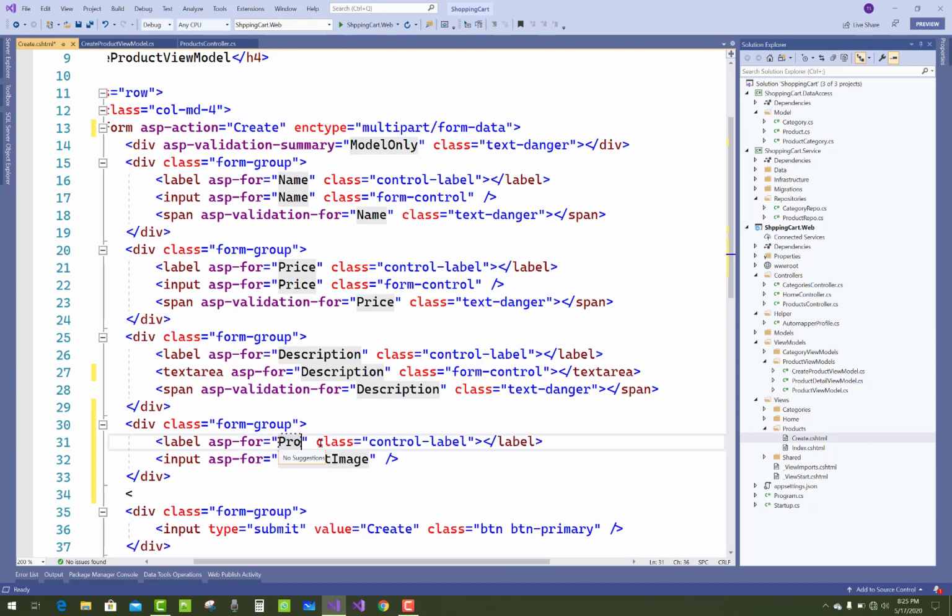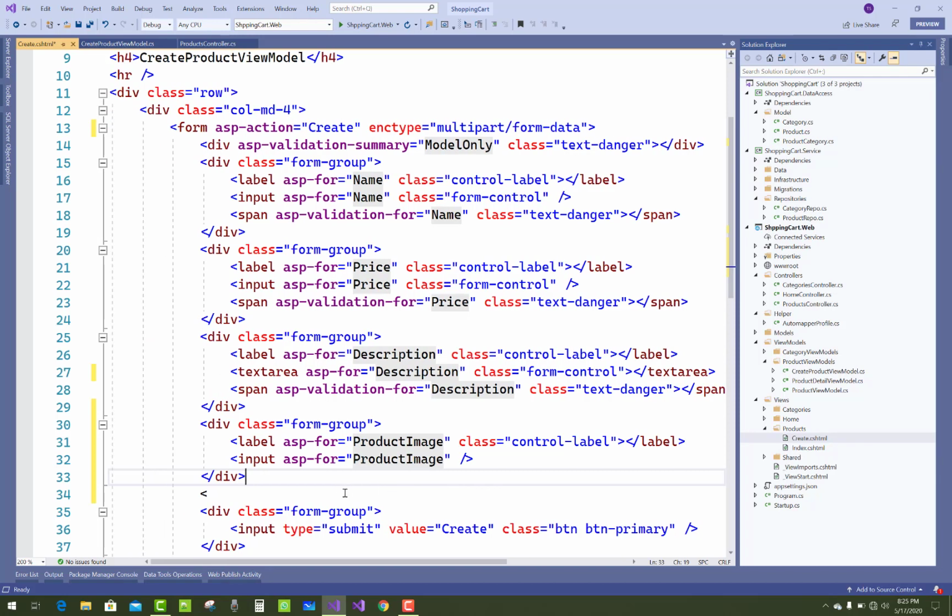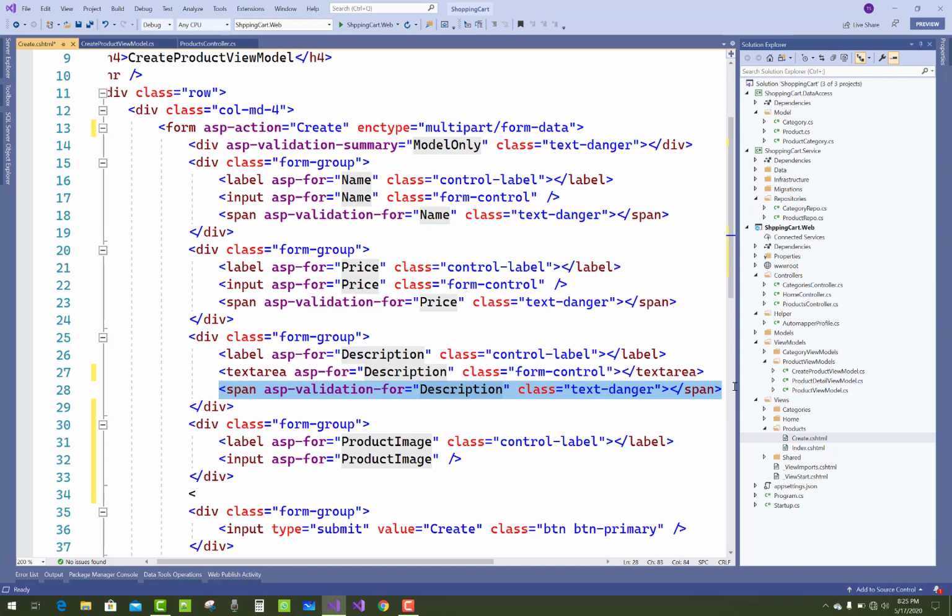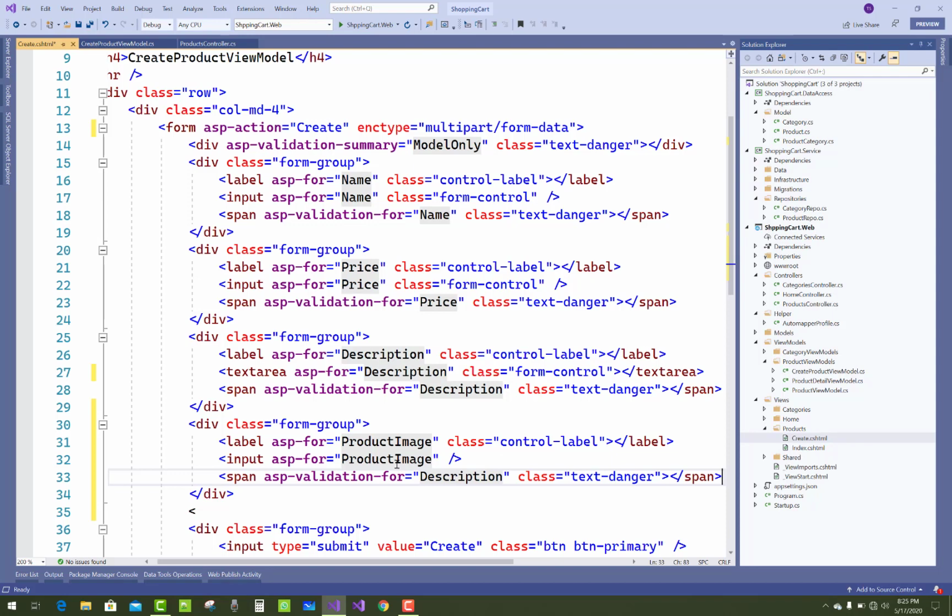In place of product description you have to add product image, and one more attribute is the span asp-validation-for product image.